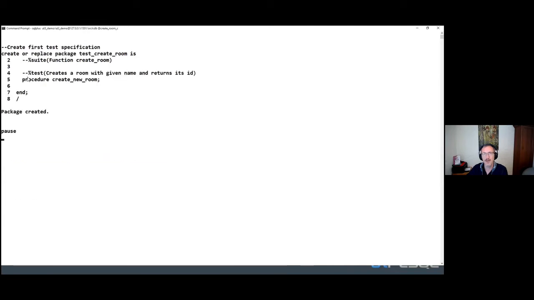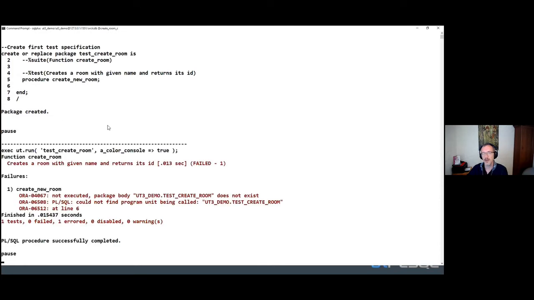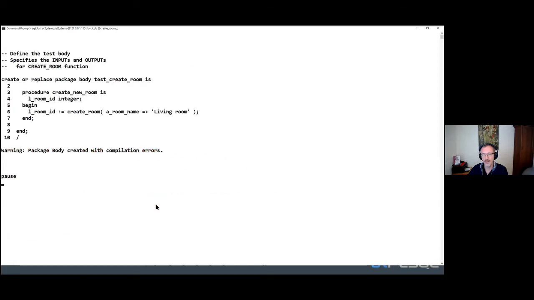So I'll go and add a test procedure. You can see there is a test procedure, and the test name or description that I provided is exactly as the requirement. So I say the function create room creates a room with a given name and returns its ID. And then there is this test that I should implement. Now, if I try to run it, this fails, but it fails gracefully, saying that this test failed because there is no package body. I just created this test package specification. So I'll go ahead and